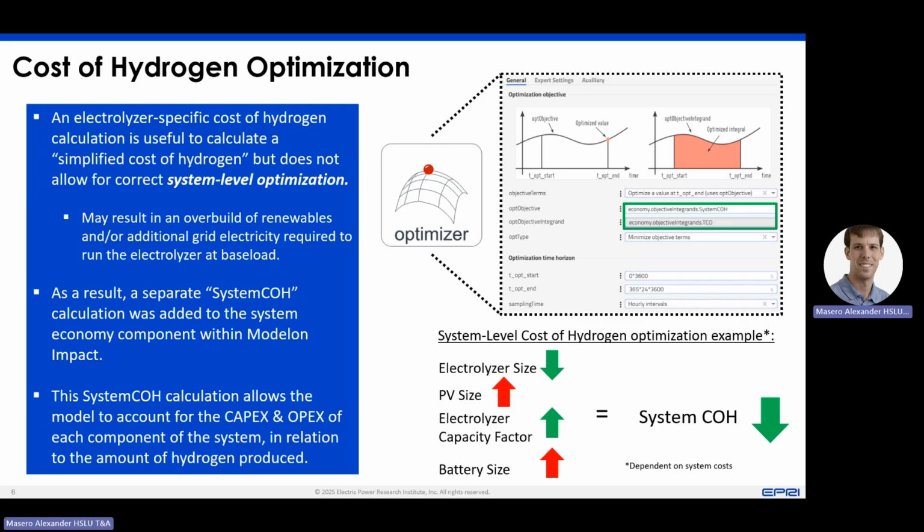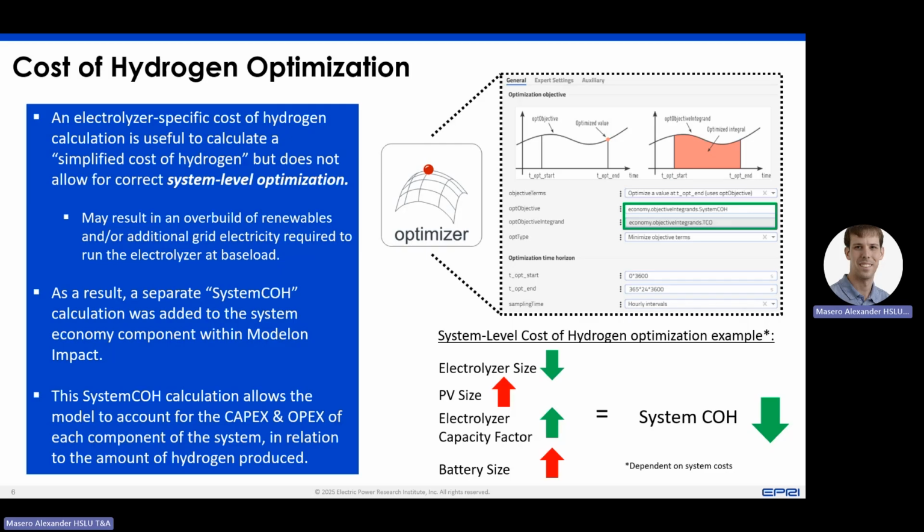But when we went to optimize for that, if you're not considering where your energy is coming from, essentially the model will try to just build out as much energy as it can, like solar or wind, or utilize a very large grid interconnection to maximize the capacity factor of that electrolyzer. That is definitely true if you have very low cost renewables or some low cost grid connection there. So what we went to instead was